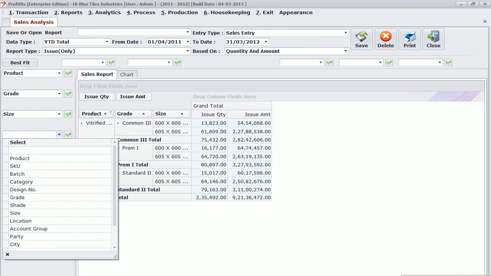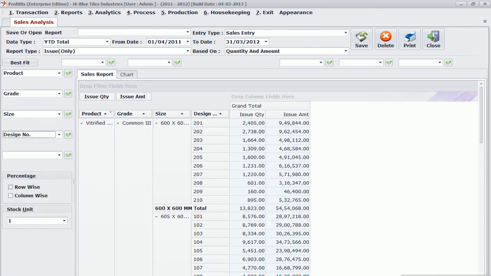Not only that, but I can also select design number, that in a particular product, in a particular grade, in a particular size, which design number has been sold in which quantity. Correct? This is the kind of information I can get because the stock and inventory management has been done in a very detailed manner in this product.